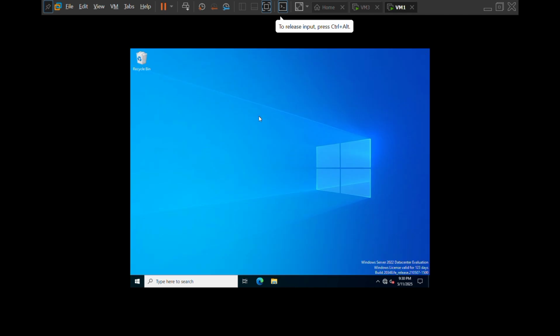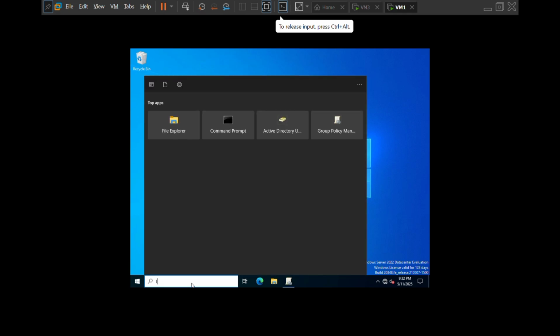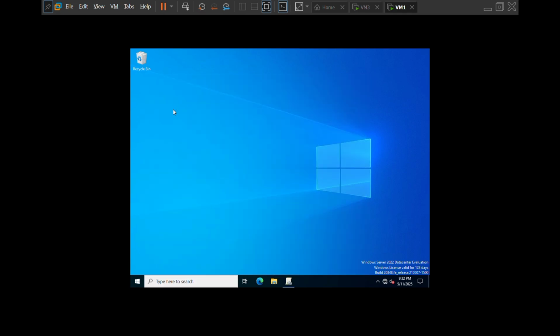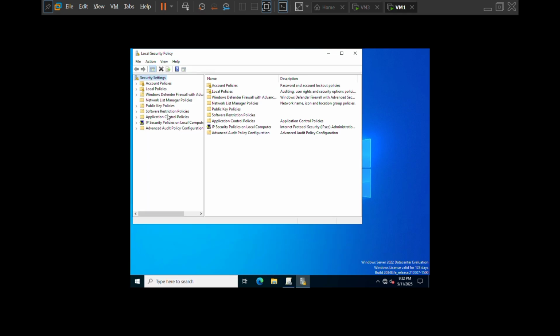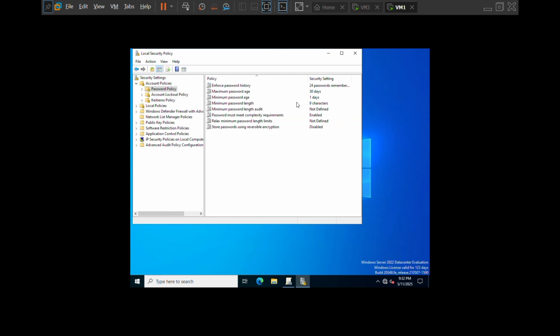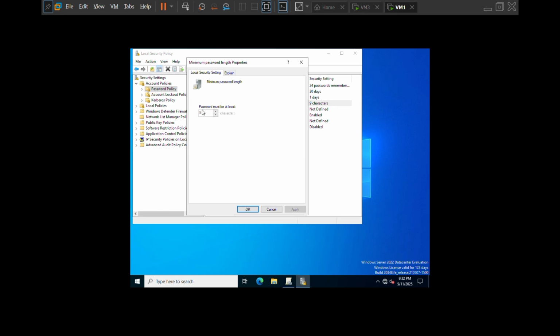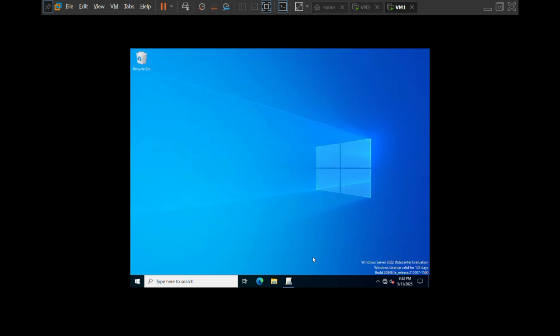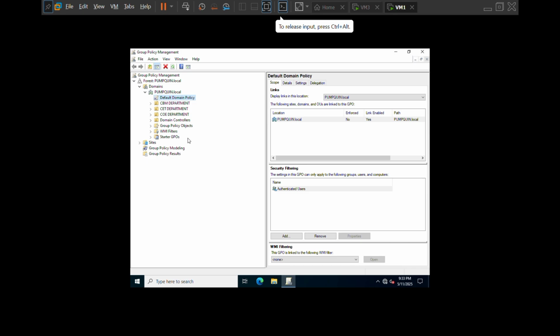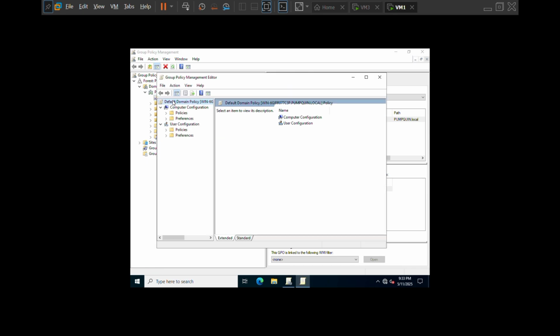Now, let's harden the account and password policies to ensure strong security. Since my server is a domain controller for the pumpkin.local domain, I can't use the local security policy tool, as you can see here, it's grayed out. Instead, I use the Group Policy Management, as shown here. I locate the Default Domain Policy and open the Group Policy Editor, navigating through the computer configuration.